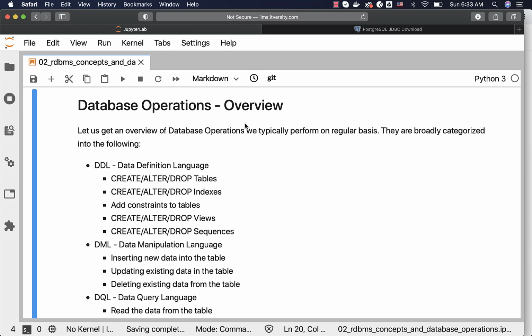Let us get an overview of database operations we typically perform on regular basis. They are broadly categorized into the following: DDL for data definition language, DML for data manipulation language, DQL for data query language. As part of DDL, we typically try to manage tables, indexes, constraints on top of tables, views, sequences, etc. There are several other operations which we typically perform under the category of DDL, but these are some of